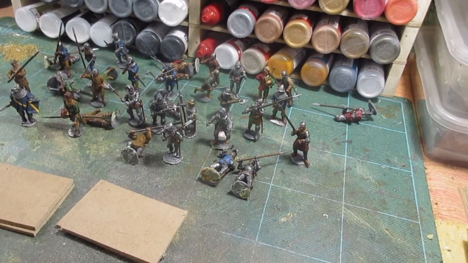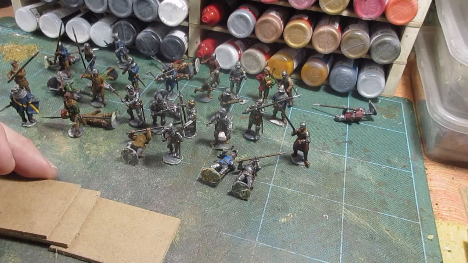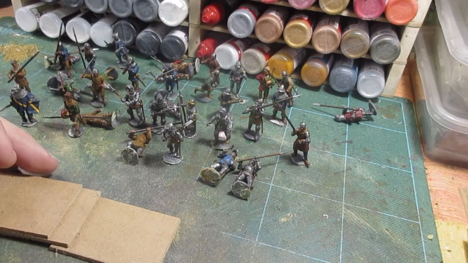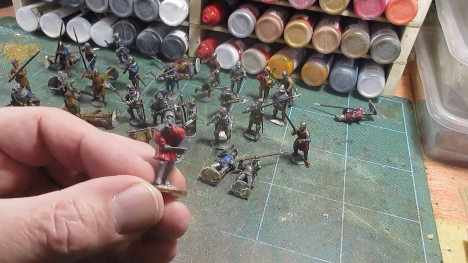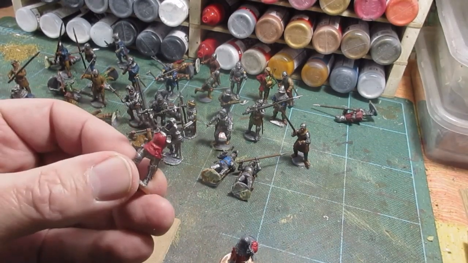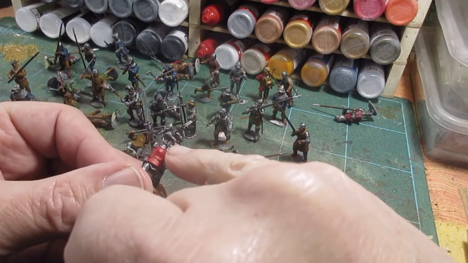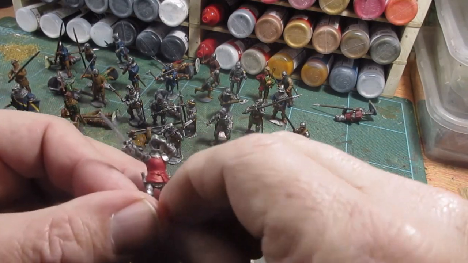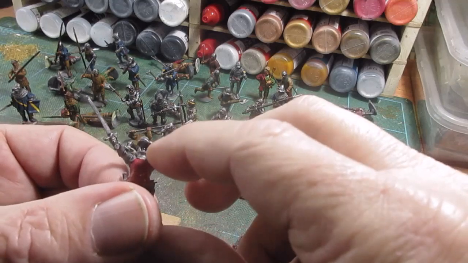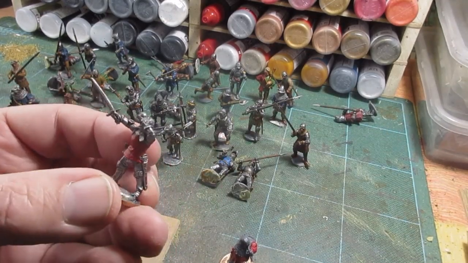Got all these medievals sorted out the other day. I've got, I think, nearly 40 figures, so I've got 4, 5, 6 bases here. I've got a couple of command figures I need to base up. An officer figure there, which I've noticed from the Perrys has got an enormous chunk of metal between the arm and the visor. And I'm not going to drill it out, so I thought what I'd do is paint